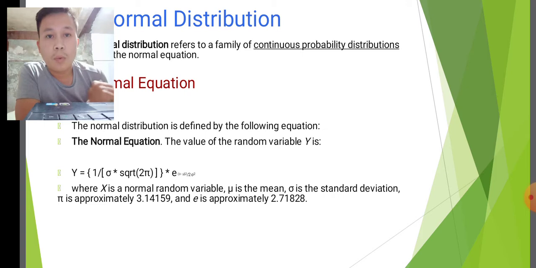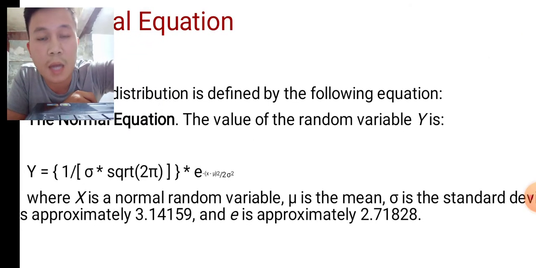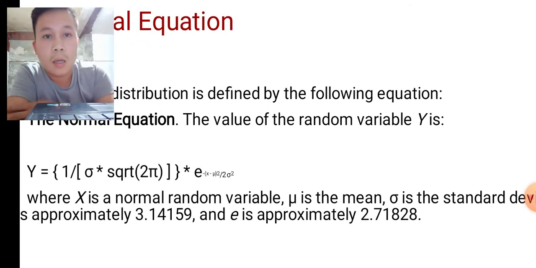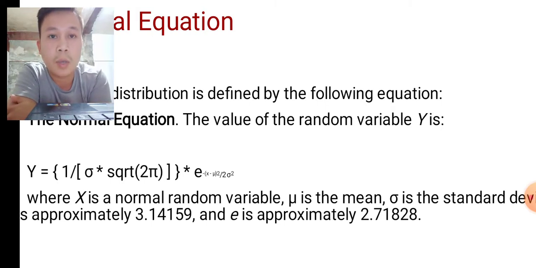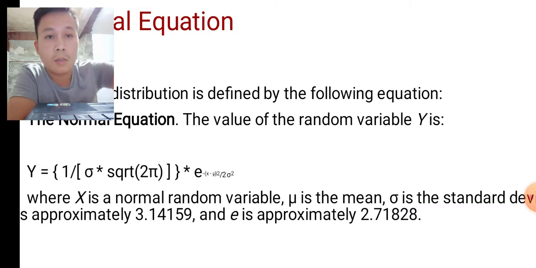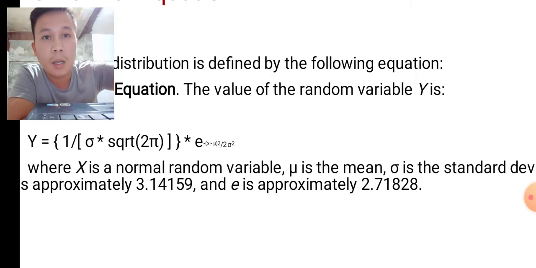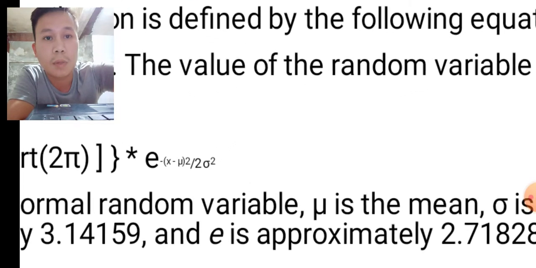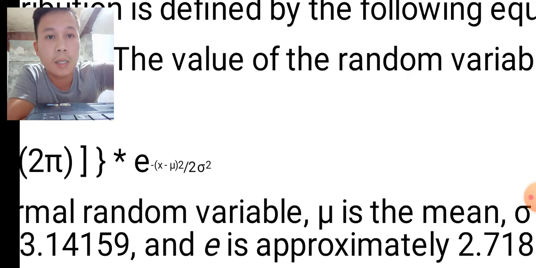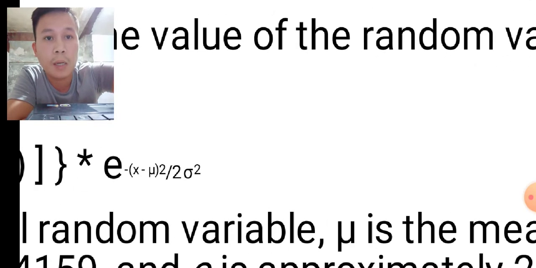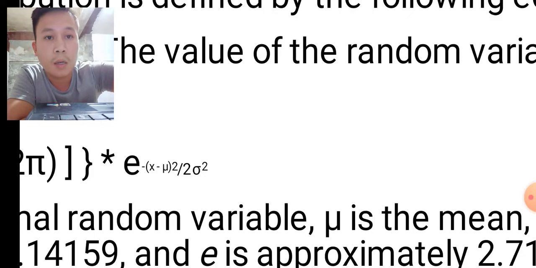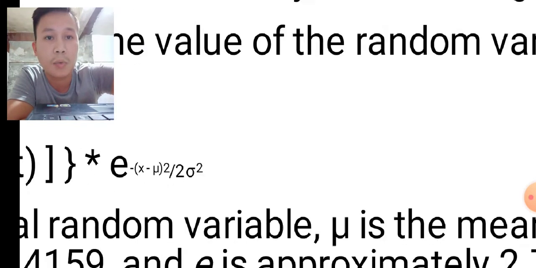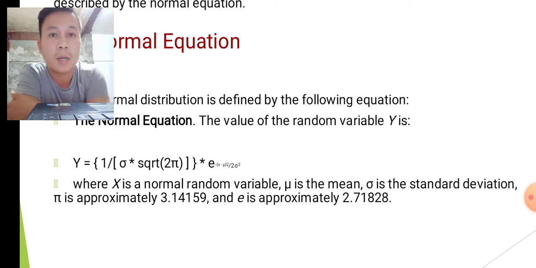Y is equal to 1 over sigma, where sigma stands for standard deviation, times the square root of 2 pi, times e, which is the special number, to the negative x minus mu, or the mean, squared, divided by 2 sigma squared,